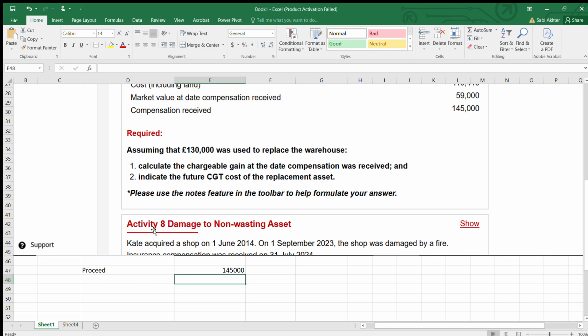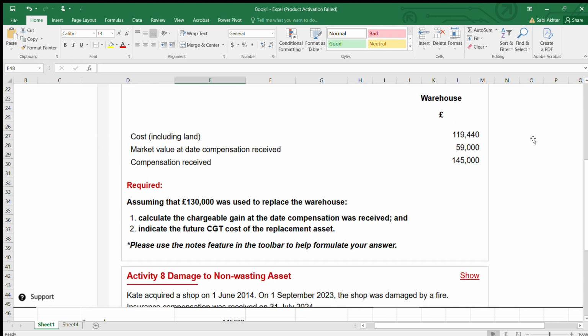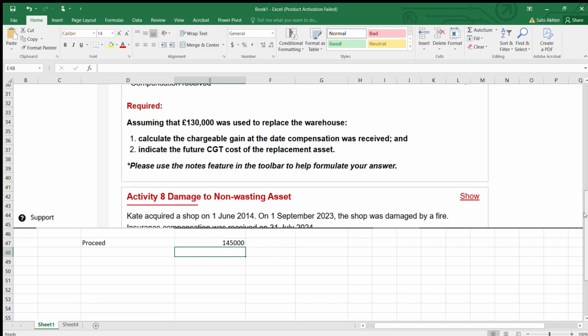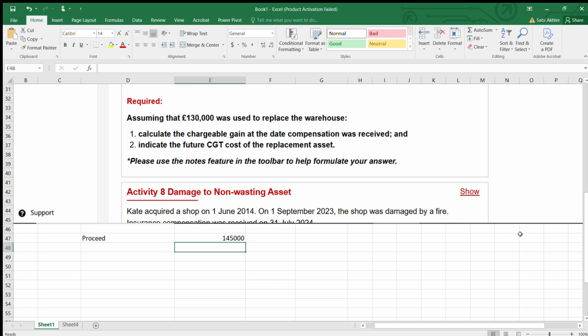Now, cost is 119,440. So here when you are deducting it, equal to minus 119,440. Cost is given. Multiply this with A divided by A plus B. What is A? A is your insurance proceed. Divide by